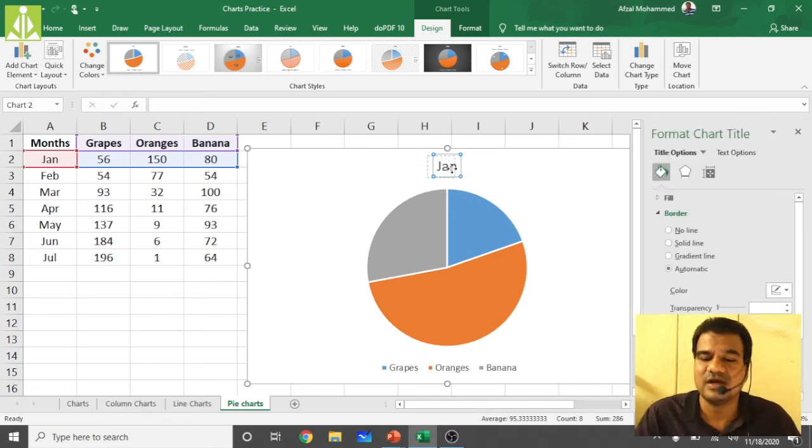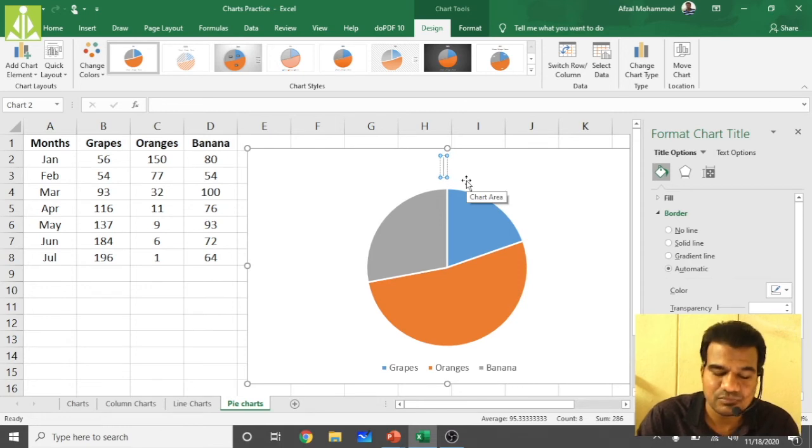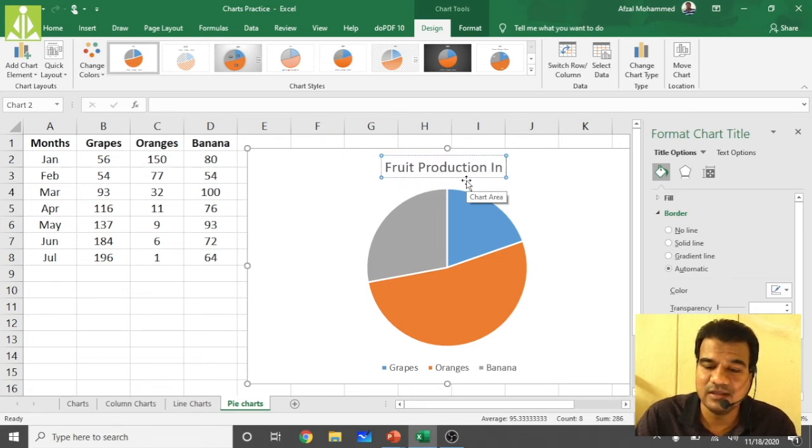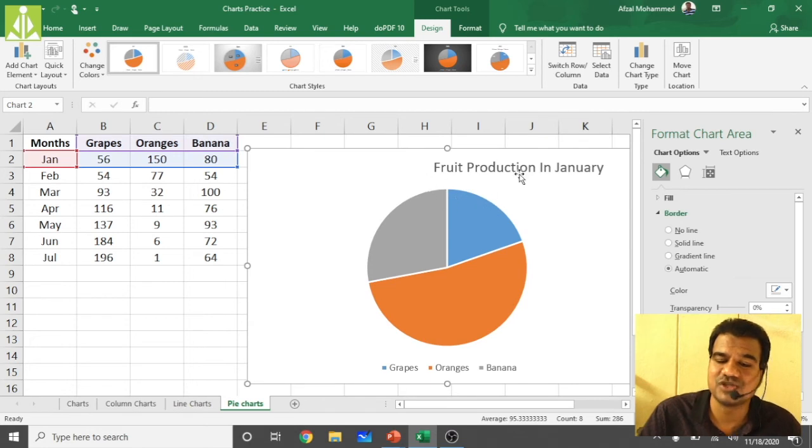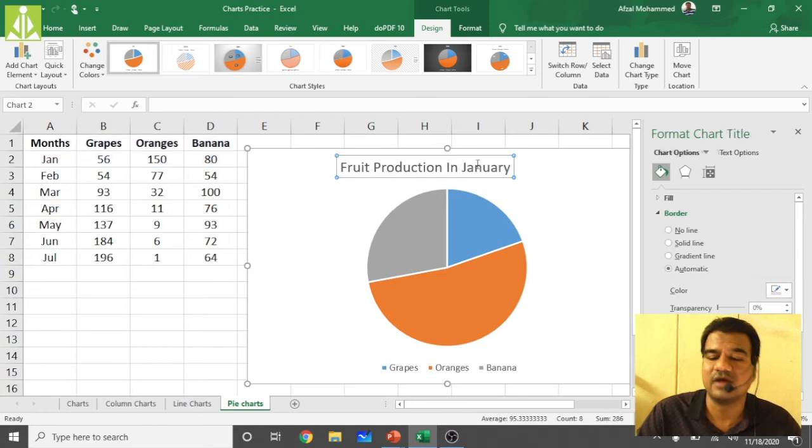Instead of simply January, you can make the title as fruit production in the month of January. Likewise, you can change the title: fruit production in January. Simply drag it like this, to give a nice look to your representation.